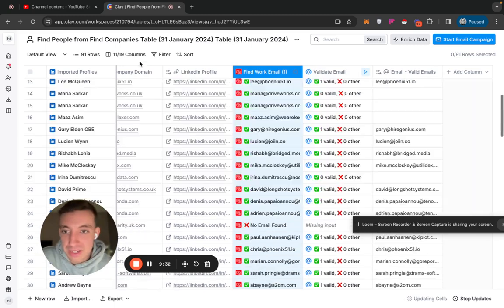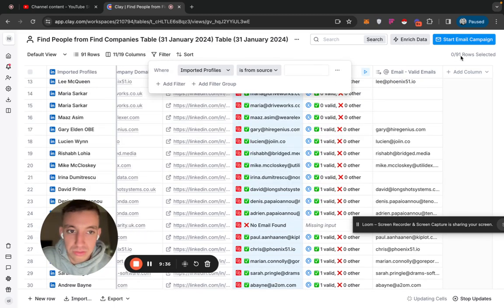Validating, get the final valid emails, and then we're going to filter based on the final valid emails, and we're only going to run the column. We can also use a formula if we wanted to, but we're only going to run the column to basically enrich for website traffic